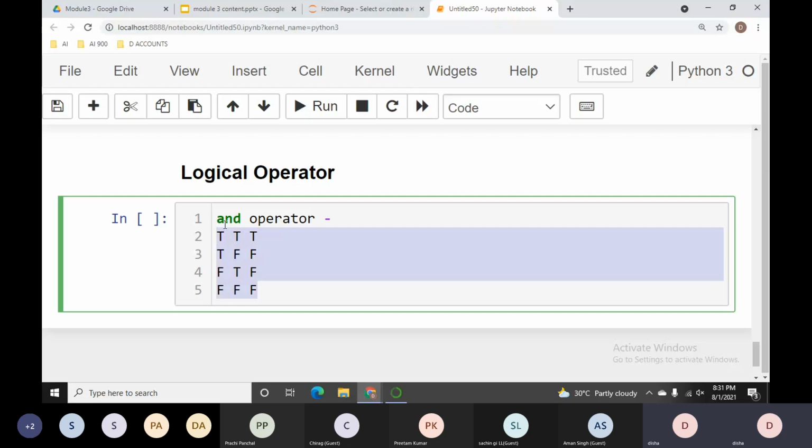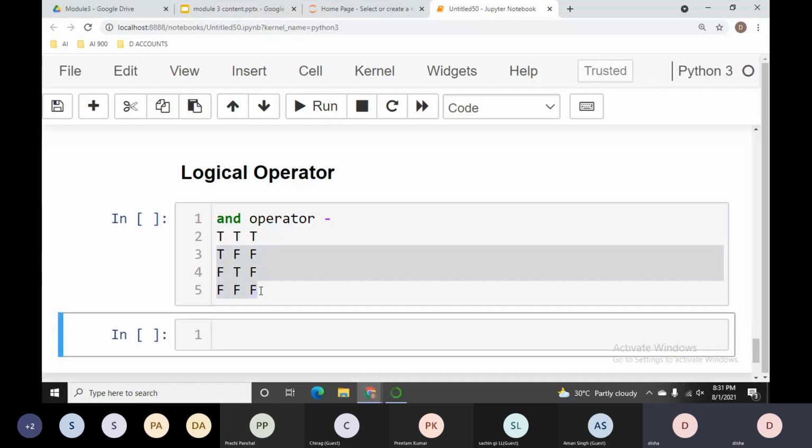When both the operands, or both the conditions, are showing the result true, at that time you will get the result true when you are using your AND operator. Otherwise, you will get the result false.